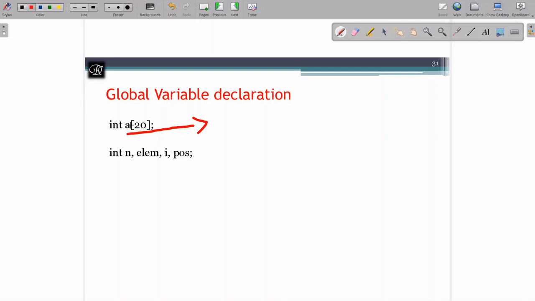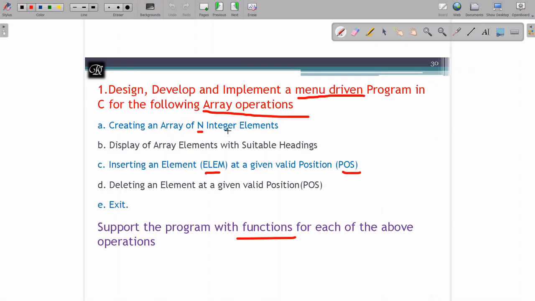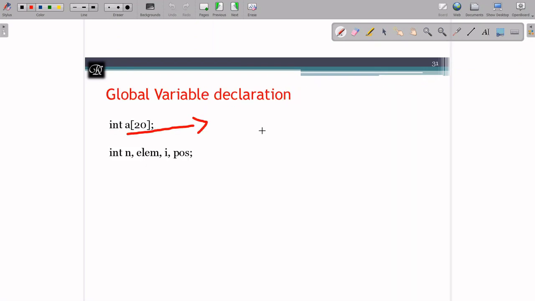And in the question only they have asked you have to create n integer array, so that's why I'm going to call it an integer array. Next, to keep track of n value, I'm going to take n and element and position to read the element and store it, and to store the position as it is given in the question we have taken. And I is the one which is going to be used when you are going with the looping statements. So when you are going with the index of array, we are going to use I. These are all the declarations I did for our program.